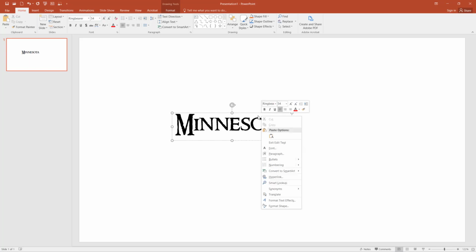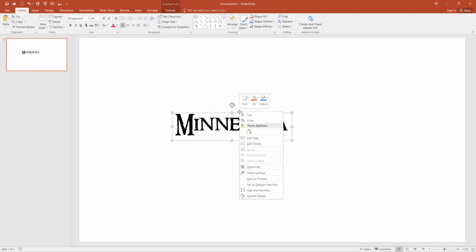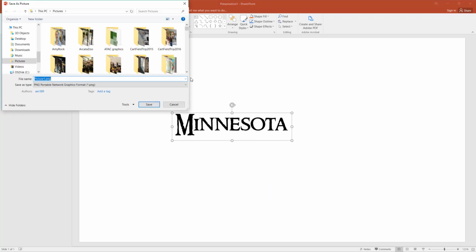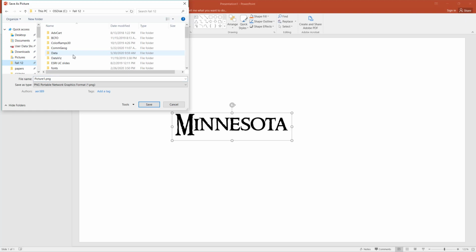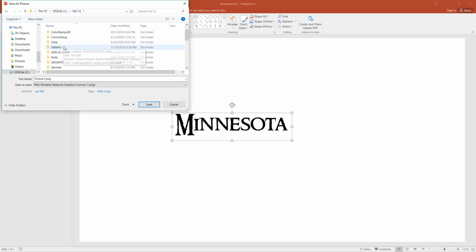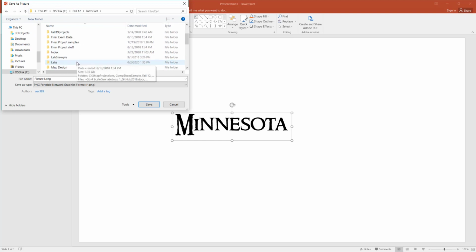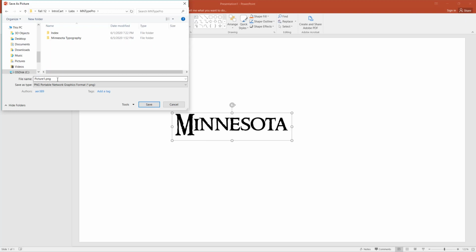Then you're going to right click on it, and you have to right click on the border to get this to actually work. You're going to go to save as picture, right? And then you'll put this in your picture folder, whatever you want to call it. I usually actually put it in my project folder. So if I go into my, you can all watch me fumble around through my projects right here. There we go, Minnesota Type Pro, and I will do,